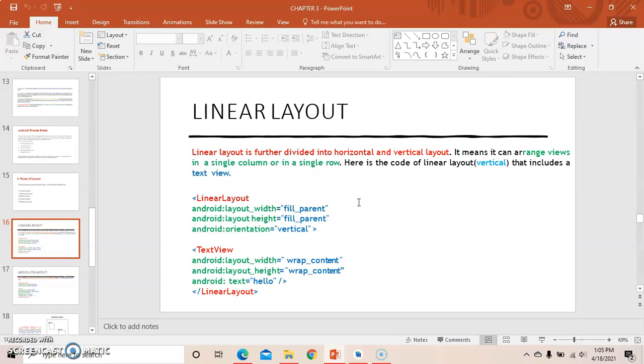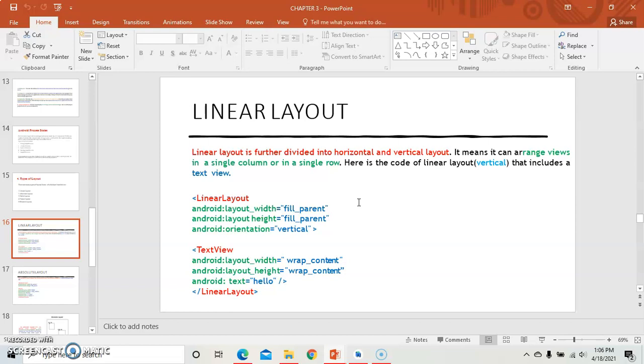Then in the linear layout, we have placed one UI control, that is text view. Okay, so attributes of text view are Android layout width, Android layout height. It can be wrap content. So wrap content is the default width and height of any UI control. It can't be used in the linear layout or any other layouts' width and height. It can be only on the UI control like text view, button, checkbox. In any UI control you can use the wrap content, which will take the default size, default width and height of any UI control. So if you want to give your own, then you can give like 100 dp. So dp is the unit of width and height.